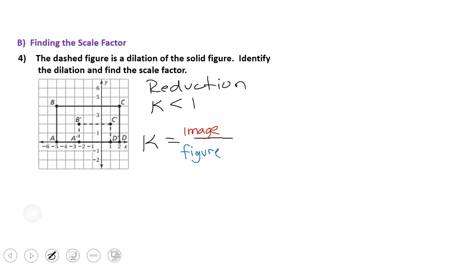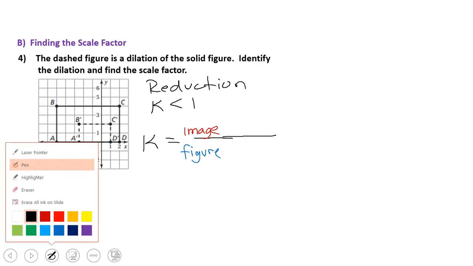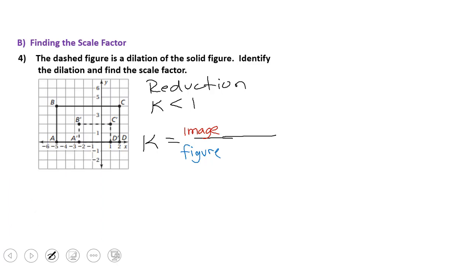So that's what we're going to talk about right here, right now. So we have our image. I'm going to take side BC, this side right here. It's just easy to look at. And I'm going to count. And that's 1, 2, 3.5 units. And I'm going to write that as a decimal. So 3.5. And then I'm going to take the corresponding side length